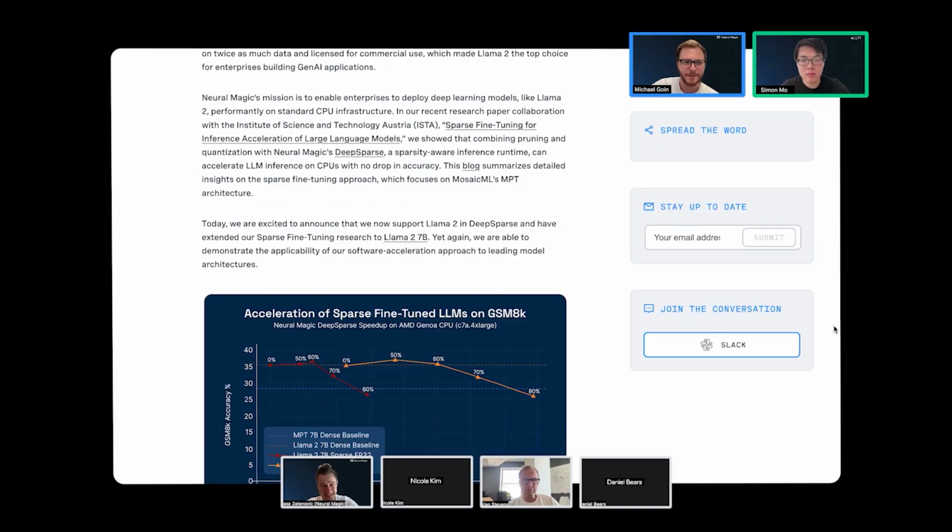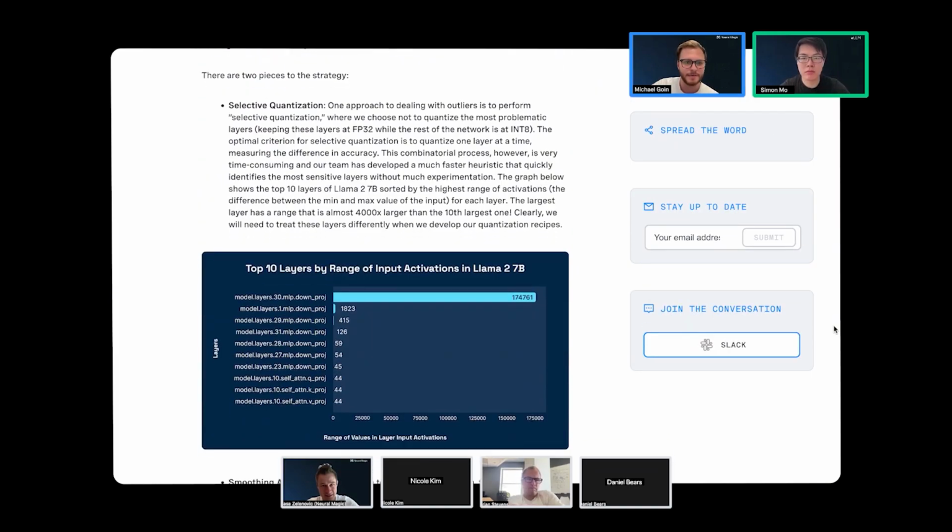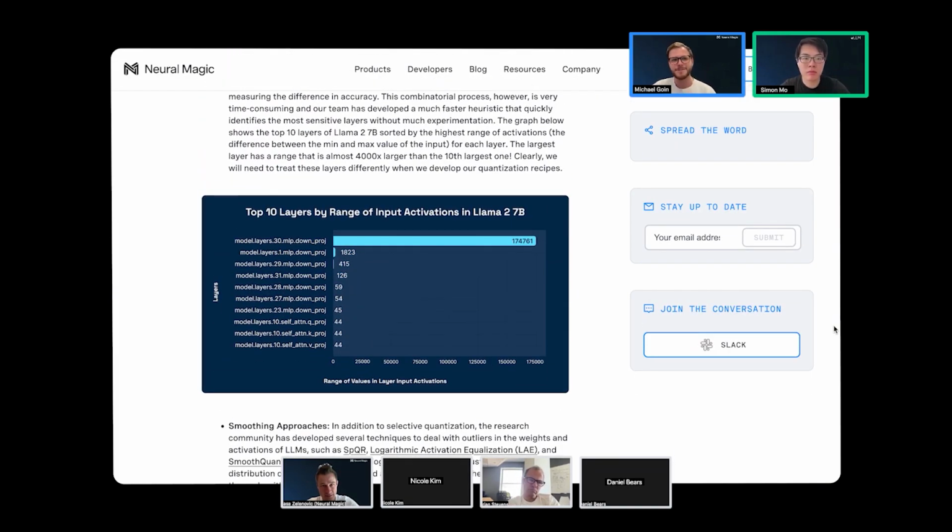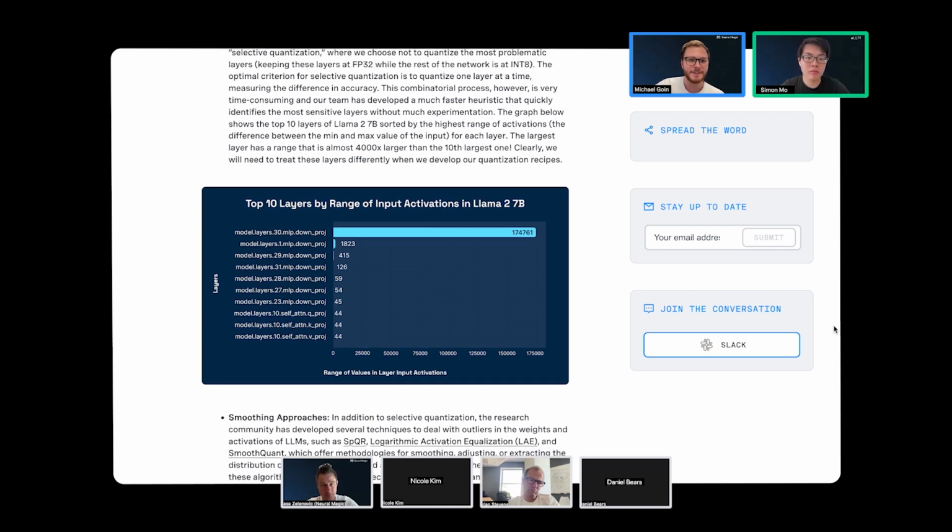When looking at the ranges of values in the input activations of Llama 2, this is really technical. You can see there's just a few layers that have really, really large input activations, whereas the majority are in the 40s or really small ranges of values. This is just taking the max minus the min. But for some really specific layers, it's just huge ranges,